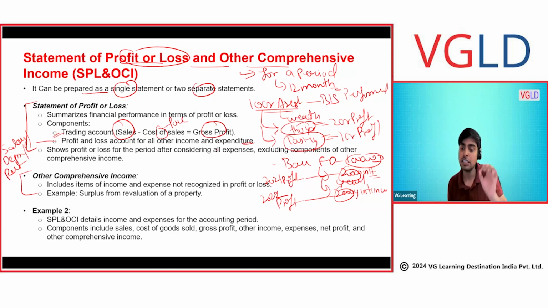Balance sheet is as on a date, P&L is of a period. The balance sheet, statement of financial position, is as on a date. Statement of profit and loss, SPL, is for a period. First of all, tell me, is this period and as-on-a-date part clear? Yes, yes, yes. Yes, the P&L is the income statement, you're saying correct. What is the doubt, Vish? P&L is the income statement. Let me just show you.